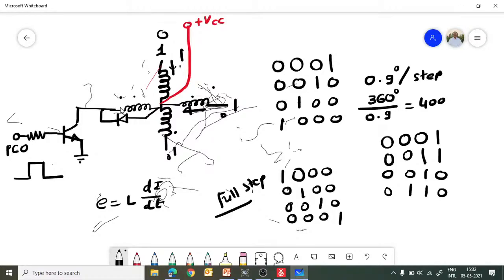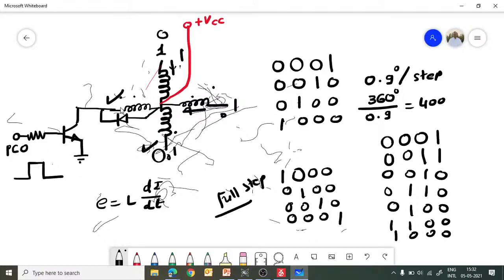Then after that only the bottom winding, so 0100. Then the bottom winding as well as the left winding, so in that case it will be 1100. And then only the left winding, right, the current will be removed from the bottom winding, so the next sequence would be 1000, right?